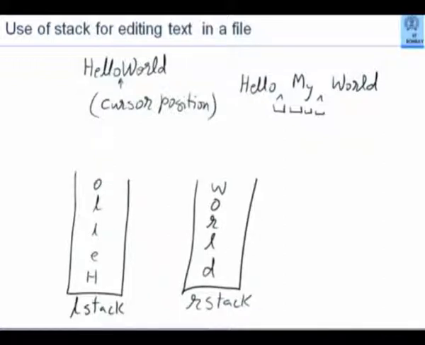All characters are pushed in the right stack in the reverse fashion. So that means your entire text to be edited is on the right stack and left stack is empty. If left stack is empty, what is tops? That is 0, which is equivalent of saying my cursor is at 0, because top of the left stack is the cursor position. So I will have internally a variable called cursor, which will amount to initializing the left stack.